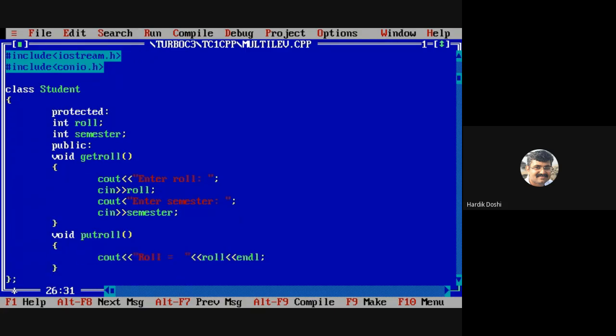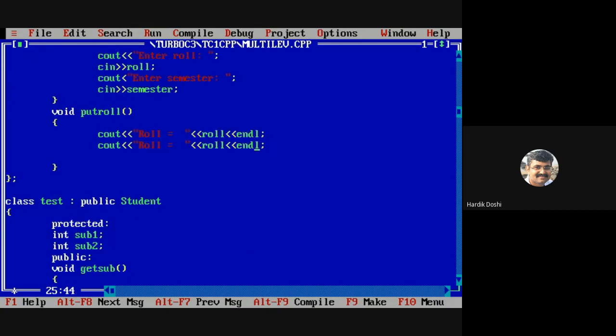Put roll, what I'll do in put roll? The same thing. Is it fine?